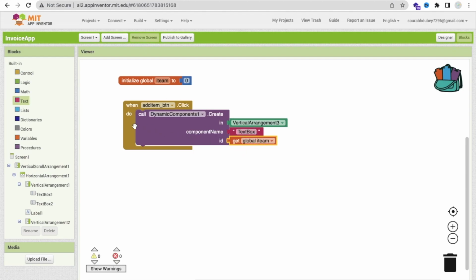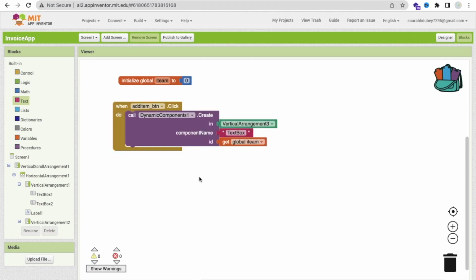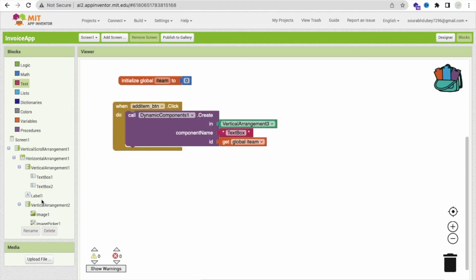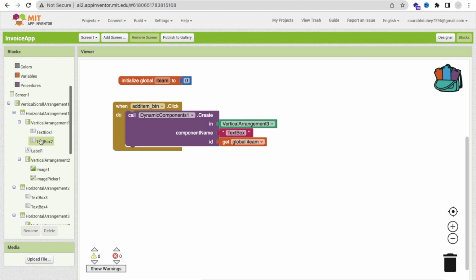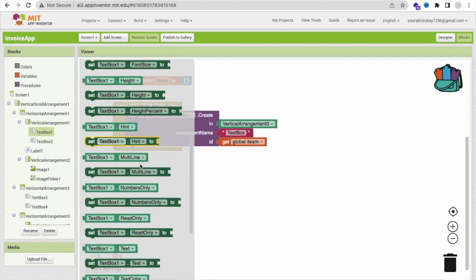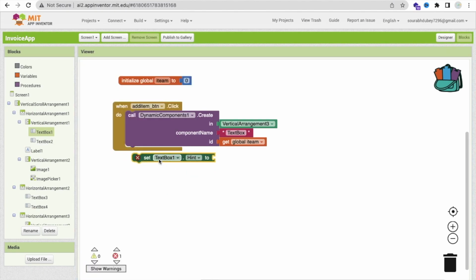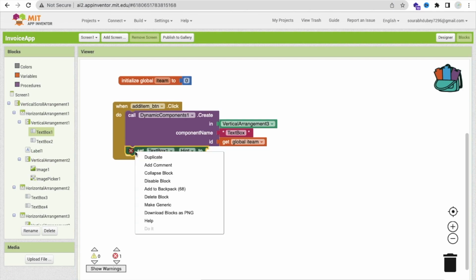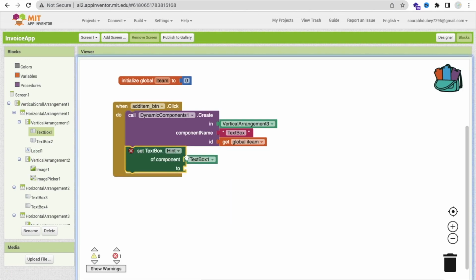Now we have to set that text box. So whenever we generate the text box, you can use any text box. So let's see, set text box hint. You can see here hint option, this one, hint. Okay, and you need to just make it generic. So right click on that and see the option of make generic. Remove text box from here. Okay,